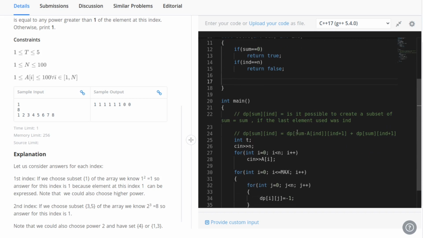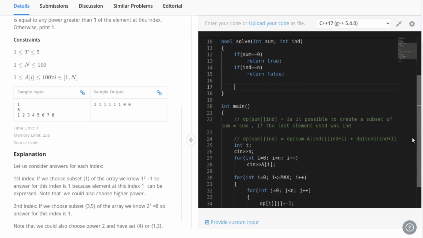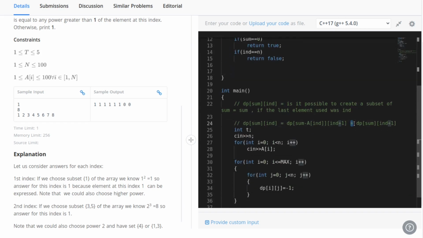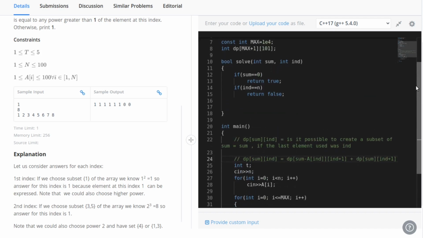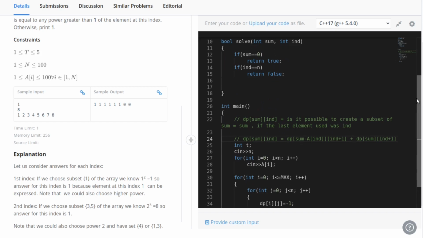Like we have only two ways, either we can use this element and this would be our next recursive call, otherwise we will not be using this element and we will just increment our index. Now we are not taking this as arithmetic addition, we will just basically do a logical OR of it, since we are returning a boolean here. If we needed to find the number of total ways or number of subsets which have a sum equal to that particular thing, then we could have done this arithmetic addition.